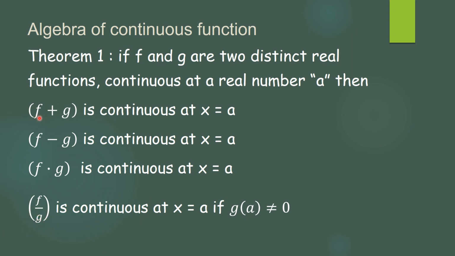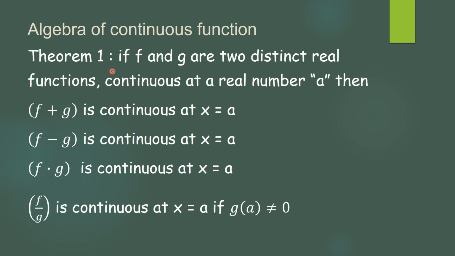Now what is meant by f plus g of a function? That we have already studied in the 11th standard. That is, f plus g of x is nothing but f of x plus g of x. So this is the first theorem. For that, the functions f and g should be continuous, then all these algebraic operations, plus, minus, multiply or division, give a continuous function, and because of that it is called the algebra of continuous functions. This was theorem 1.